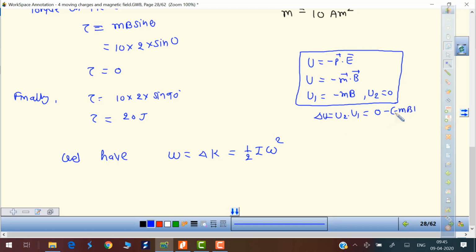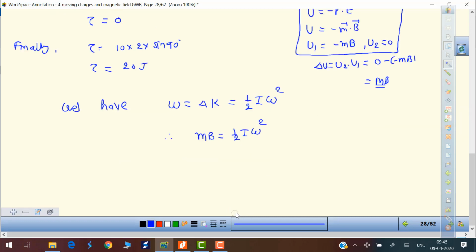So this change, actually it increases. So potential energy increases, એટલે kinetic energy decrease થાય ખરેખર. બરાબર? એટલે ખરેખર potential energy નું conversion કેમાં થતું હોય? kinetic energy માં. And this potential energy શા માટે change થયો તો કે work થવાથી. So this MB is change in potential energy. અત્યારે તો હું લઈ લઉં છું. So this is nothing but work done. So MB is equal to half I omega square. So we can write omega is equal to square root of 2MB upon I.